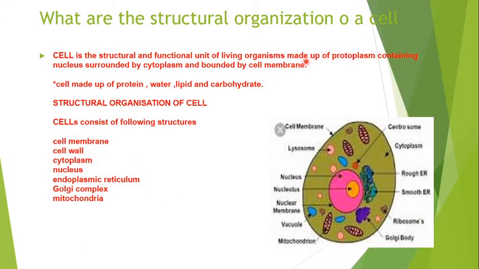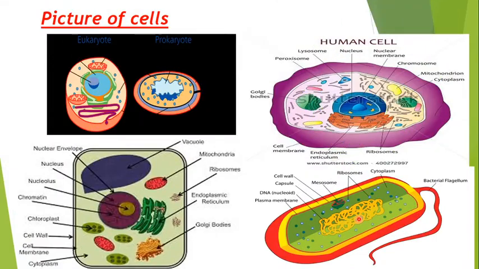You see the picture of a cell. This is the structural organization of a cell, the different parts. Okay. Now, before I tell something about the cells, I would like to introduce two words, that is eukaryote and prokaryote. So what is eukaryote and prokaryote? You see the picture here. There is a difference in the center here. This is the nucleus part, the center part of the cell, and this is also the center part of this cell. But there is some difference here.